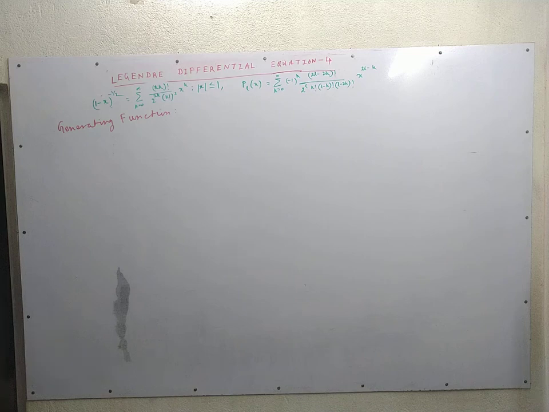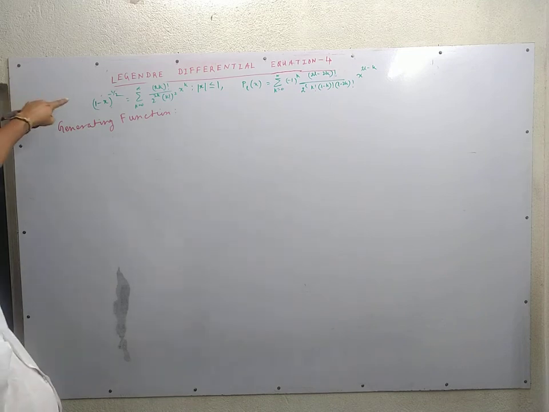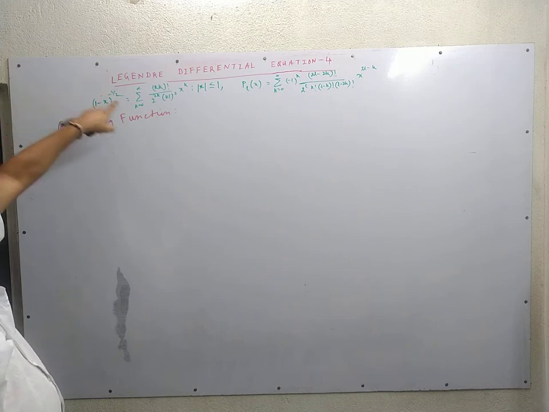Fourth lecture on Legendre differential equation. In the earlier lecture, we have discussed Rodrigues formula. In Rodrigues formula, one gets the special function of a given order by differentiating successively a known function. And at the end of the last class, we have expanded this one and written this in convergent binomial series